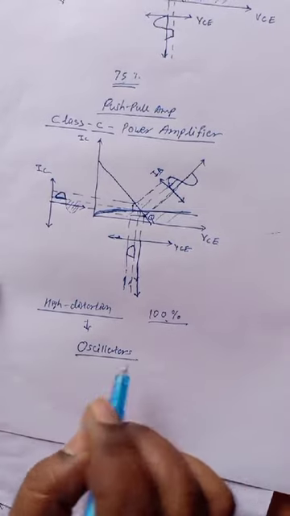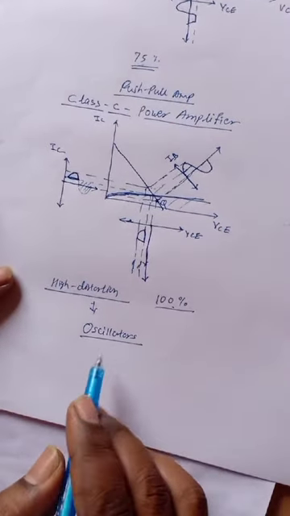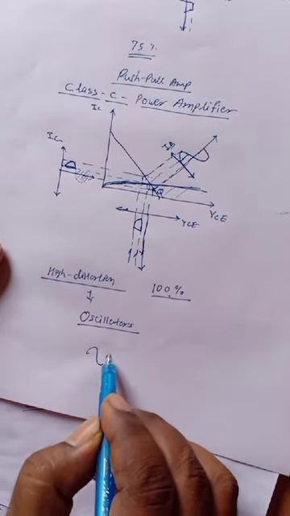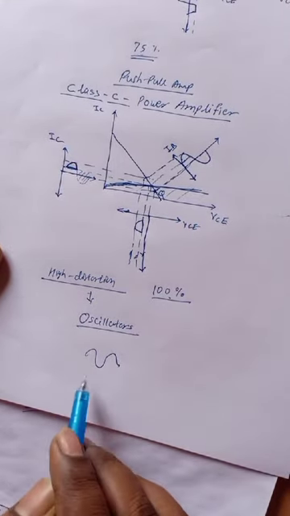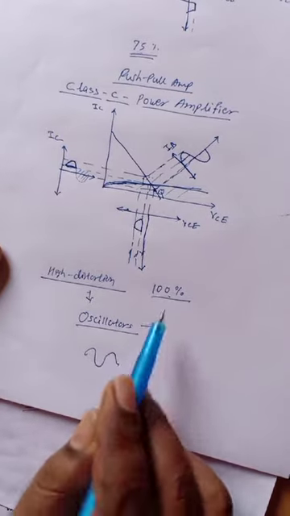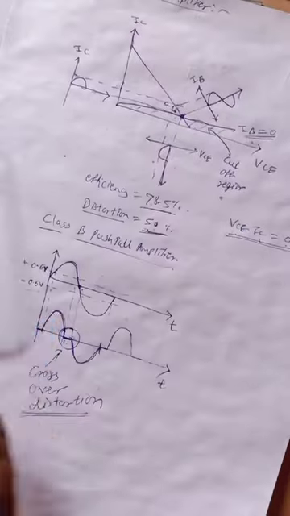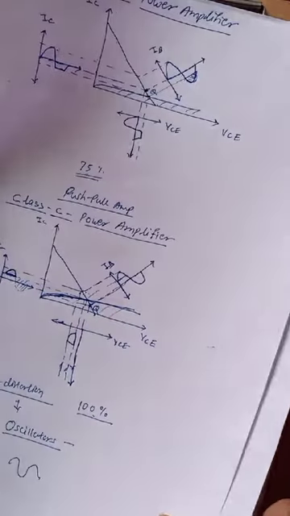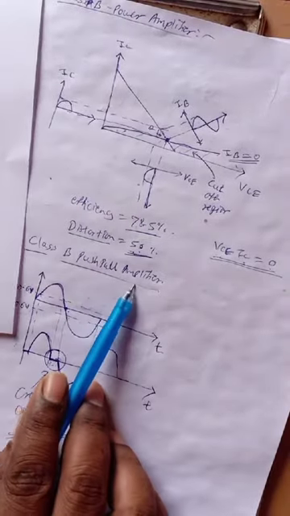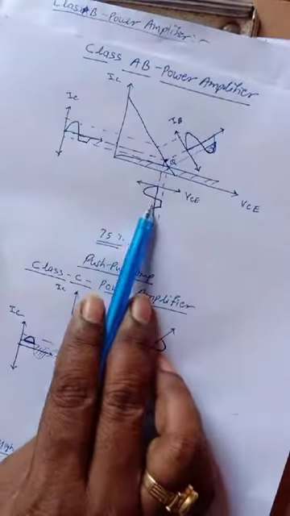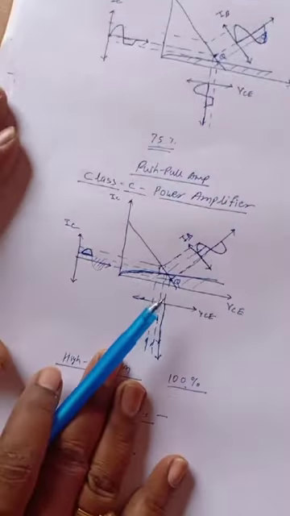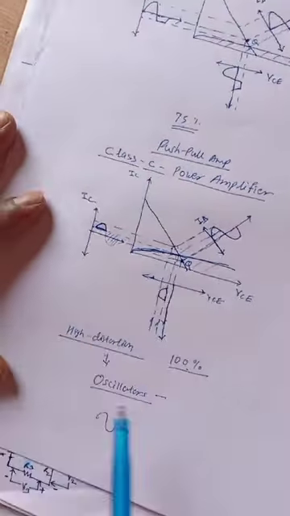Okay, so this is an oscillator. An oscillator is a circuit. When we switch on the circuit, we get the output AC. So for such types of applications, that is, oscillators, we use a class C power amplifier. Class A is used for audio amplification, class B is used for the class B push-pull amplifier, class AB is used for the class AB push-pull amplifier, and this class C is used for oscillators. So this is the application of class C.